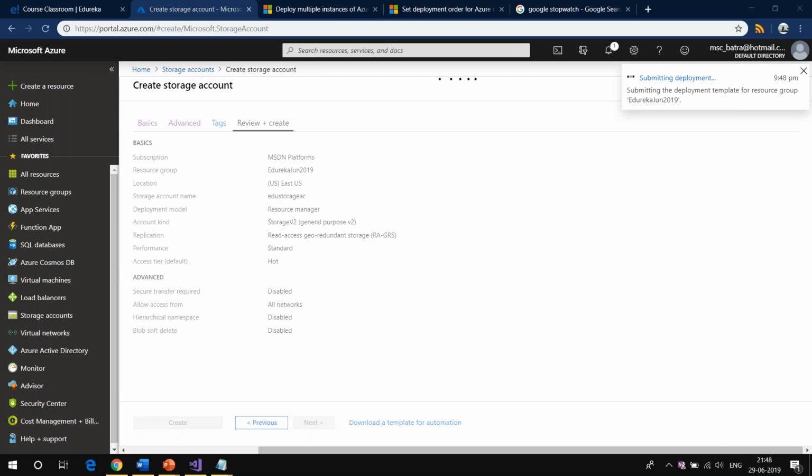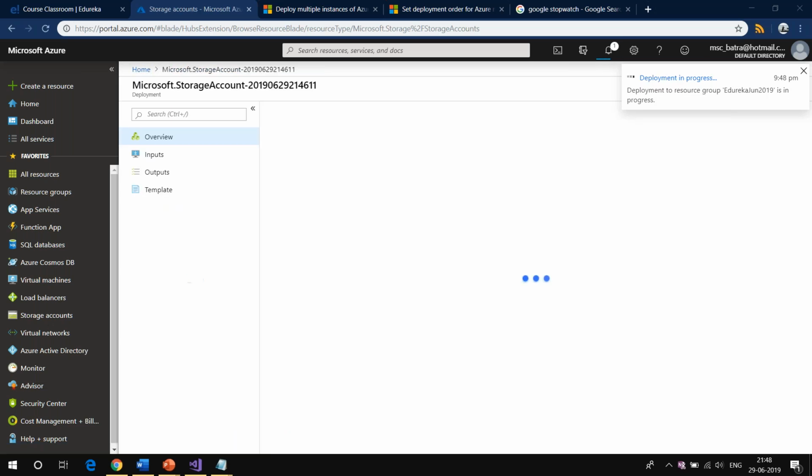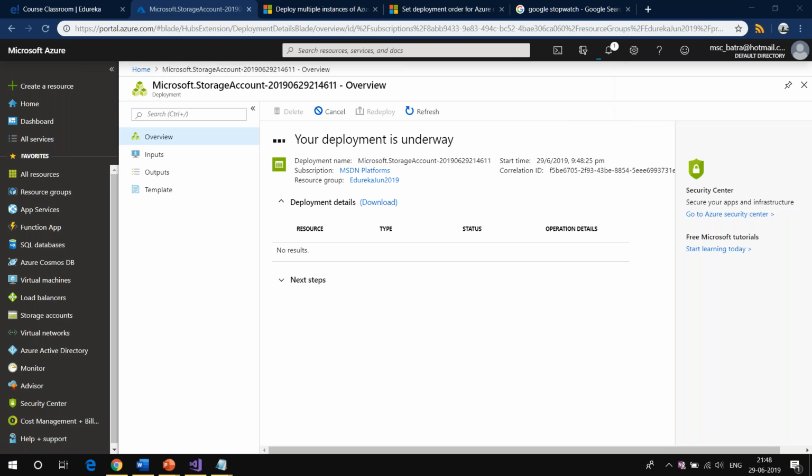Sagar is saying, if we create a storage account and delete it, can I take the same name again? Good point, Sagar. Yes, during all my classes I use the same name. So you can create a storage account, and if you delete it, you can use the same name again. But remember, if somebody else has already created that name, then you will not be able to take it. So sometimes it becomes a slight challenge to figure out a good name.